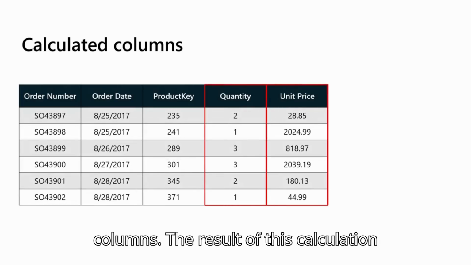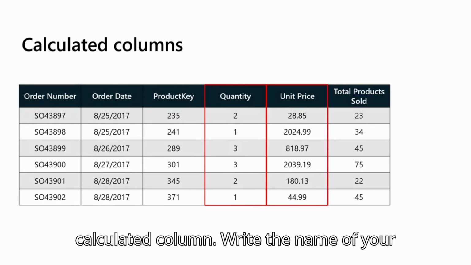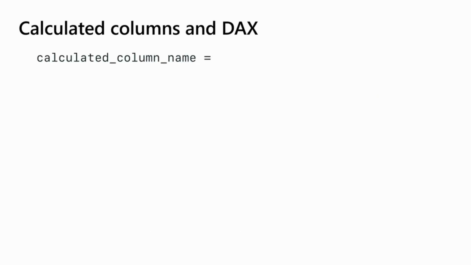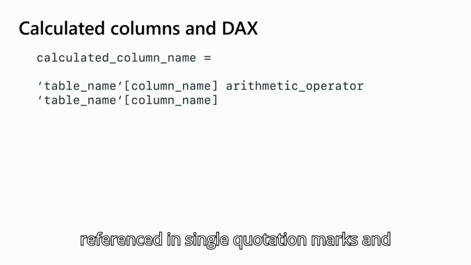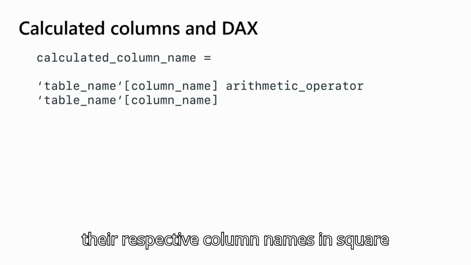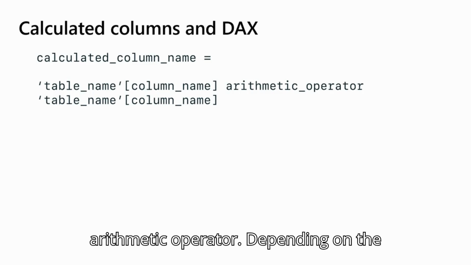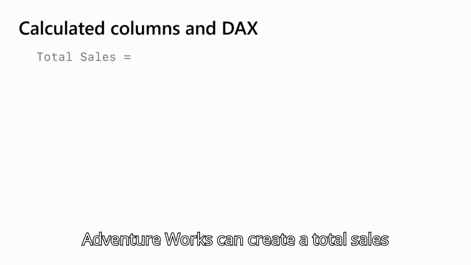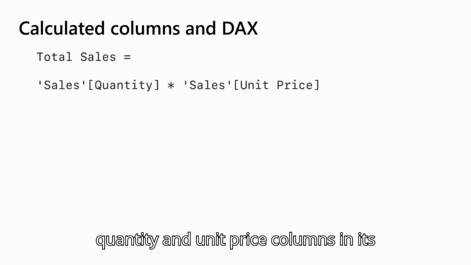The result of this calculation is then added to the table as the newly calculated column. Write the name of your calculated column and an equals operator. Then write the names of the tables to be referenced in single quotation marks and their respective column names in square brackets. Include a relevant arithmetic operator depending on the operation required. For example, AdventureWorks can create a total sales calculated column by multiplying the quantity and unit price columns in its